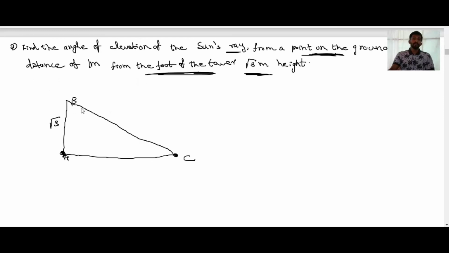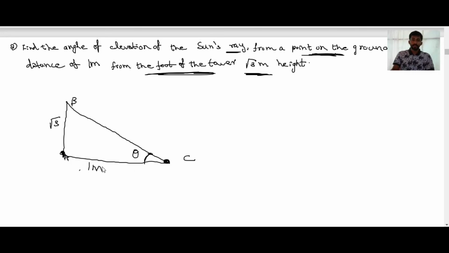Okay, in these problems you need to take a triangle only. That's why it's not possible to take sun's ray here. If you're taking sun's rays here, you need to take tower in this direction only. Okay, so this is BC is sun's ray. Okay, then see, AB be the tower and C be the point of reference. Okay, now see, what's a given data? You need to calculate angle of elevation of sun's ray from where? Point on the ground. Then what given? At a distance of 1 meter from the foot of the tower, where height of the tower is equal to root 3 meter. It's a given data.